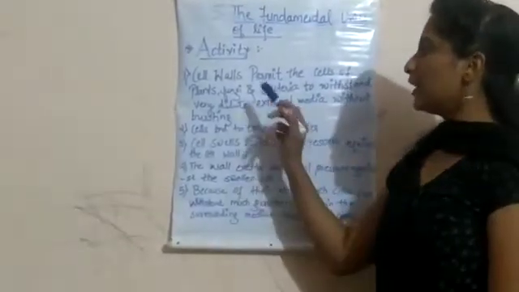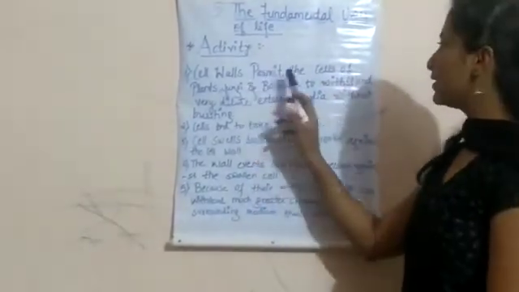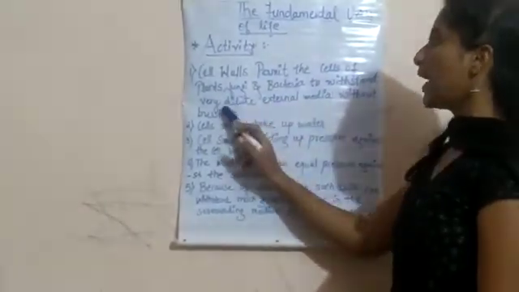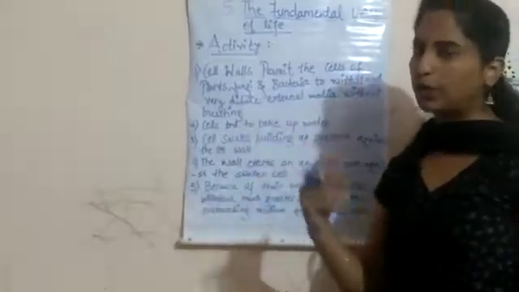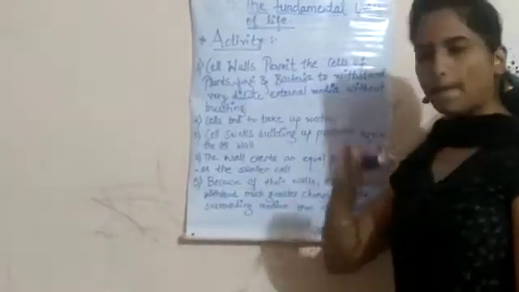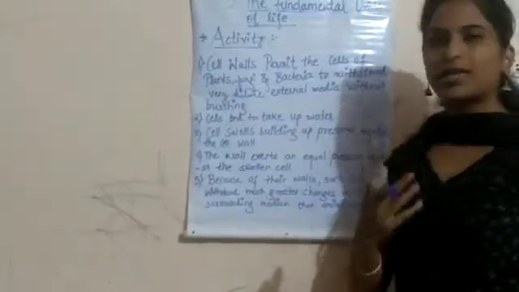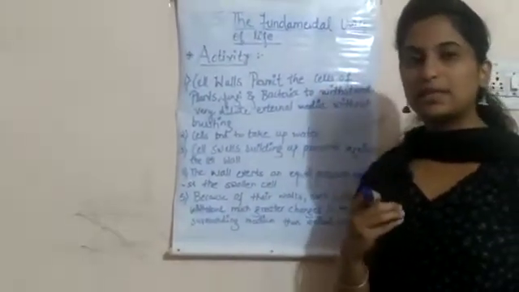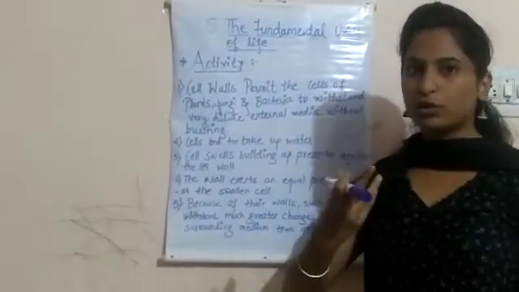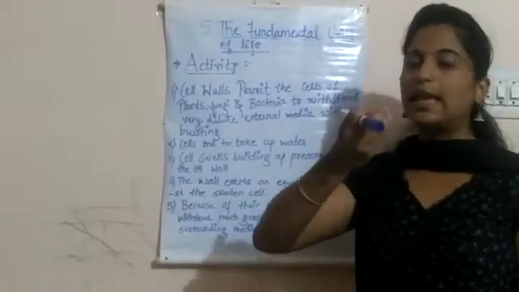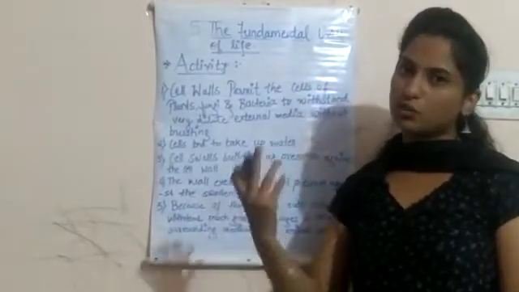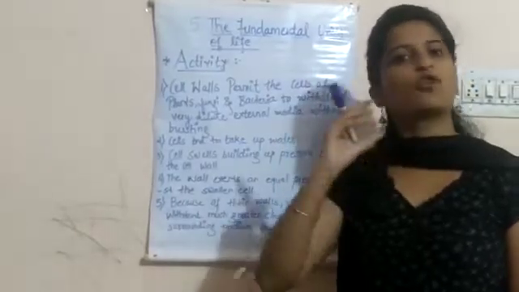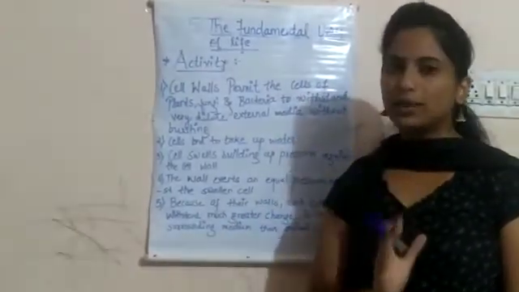So this cell wall, what does it do? It permits the cells of the plants, fungi and bacteria to withstand very dilute, means hypotonic, external media without bursting. The cell wall protects the cell from bursting even in a dilute solution. Means even if we take a cell and put it in a more concentration of water, the cell wall will protect the cell from bursting, because during this process